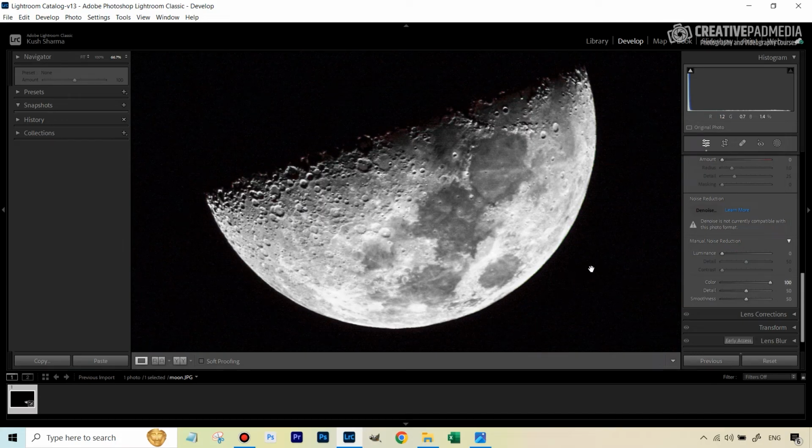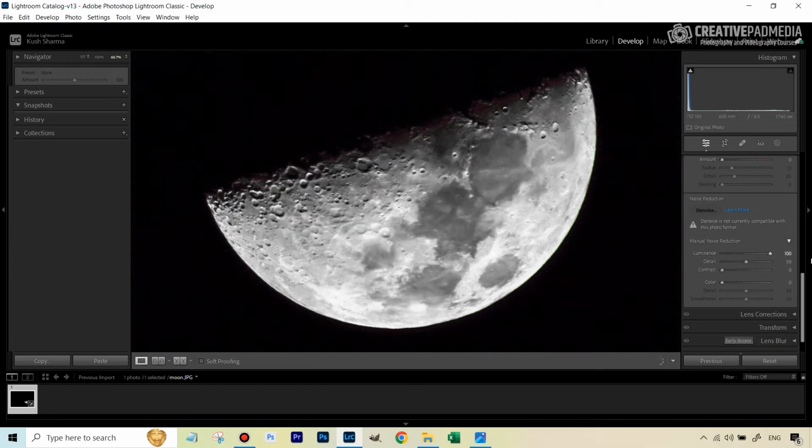In this case, of course, the change that it made was very little because we had artificially made this worse, right? But you can see that it has an effect. Not too much in this case, but this is something that you can use in case you're noticing something like this. You can also use the luminance noise slider, but be careful because if you really push it,